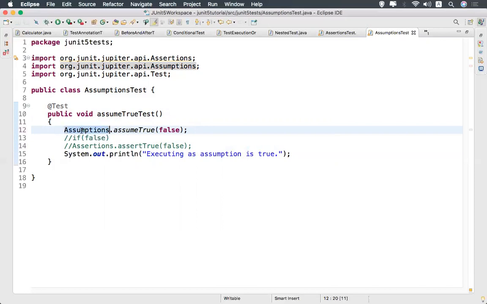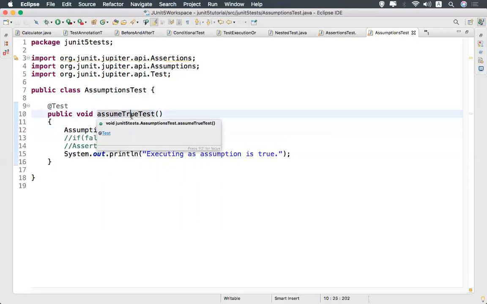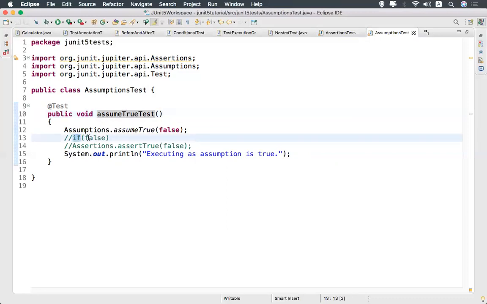When you say assumption, if the assumption is wrong, then your test is skipped. It is not passing, it is not failing. That is the exact behavior we need. When my assumption is wrong, don't execute this. That is what is happening. But if you come to the if condition, whether it is true or false, my test case is passing. When it comes to the assertions, if it is true, my test case passes. If it is false, my test case fails. But that I do not want. That is not the behavior I'm expecting.